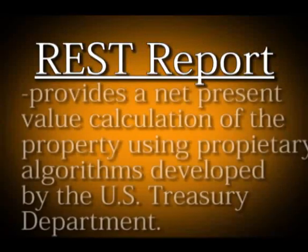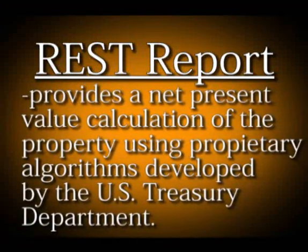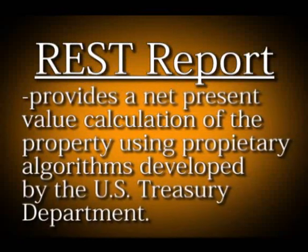If the mortgage company's value is way out of line compared to the offer, and your realtor's comparable market analysis appears correct, you may elect to pay the cost to secure an actual appraisal or secure a special analytical report called a REST report. A REST report, in essence, provides a net present value calculation of the property utilizing proprietary algorithms developed by the U.S. Treasury Department. This report will provide an estimated short sale value of the property and will provide a mathematical computation